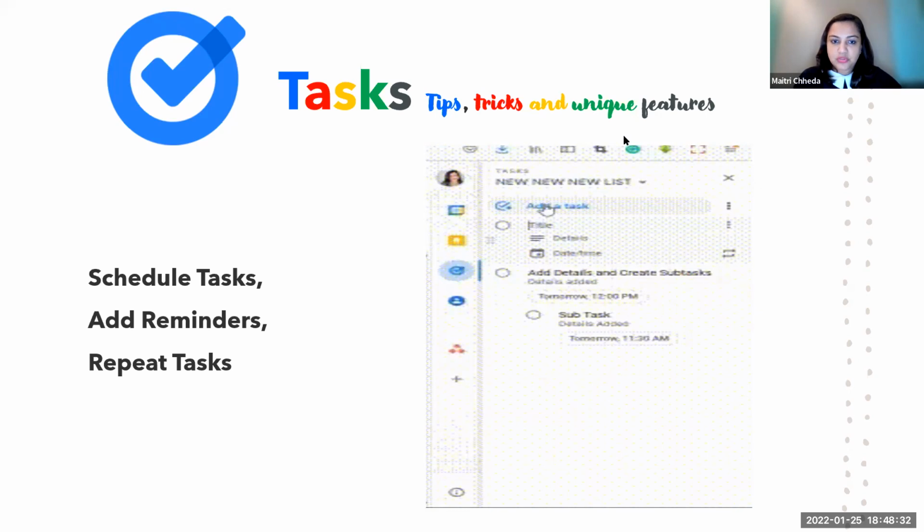So you'll have to look up which those keywords are and try to not use those in your email body, and you can avoid it. Okay, so I will take all the Gmail related questions later on, because now let us concentrate on the tasks. So this is how you repeat a task, schedule, add reminders, and repeat a task.